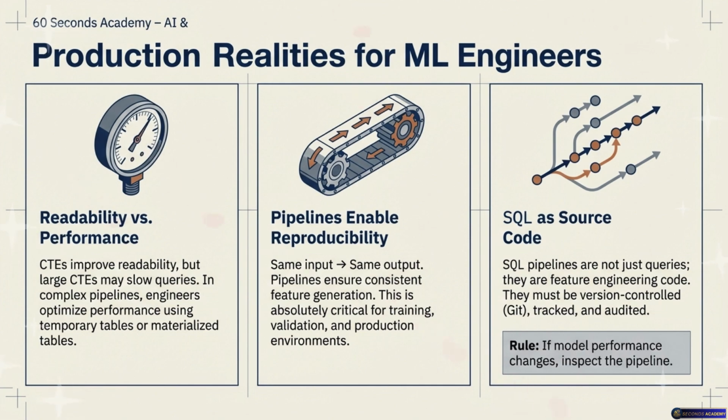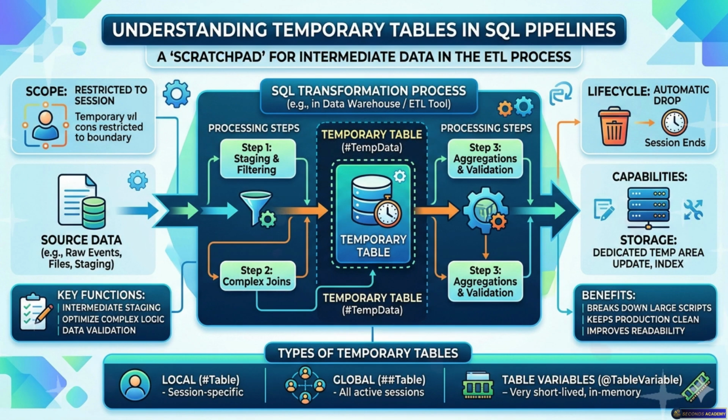No, we don't abandon the pipeline pattern, but we do change the storage mechanism. In those really heavy-duty scenarios, engineers will use temporary tables or materialized tables instead of, or maybe alongside, CTEs. How do those solve the RAM problem? Well, a temporary table explicitly tells the database, hey, don't try to juggle this in active memory. Write this intermediate step to the hard disk right now, and keep it there just for the duration of my session. Oh, I see. It takes a moment to write, sure, but then the database can efficiently query against it for the next step without having a memory panic.